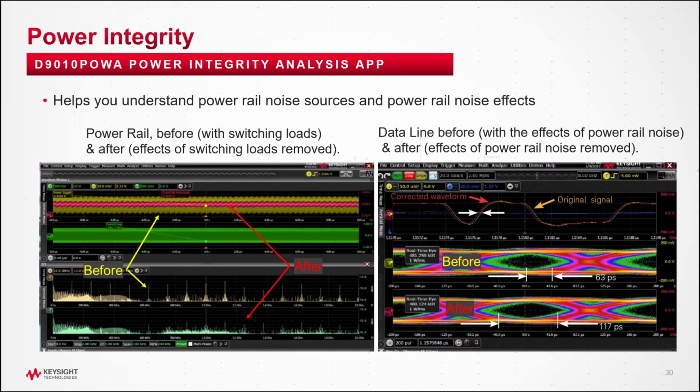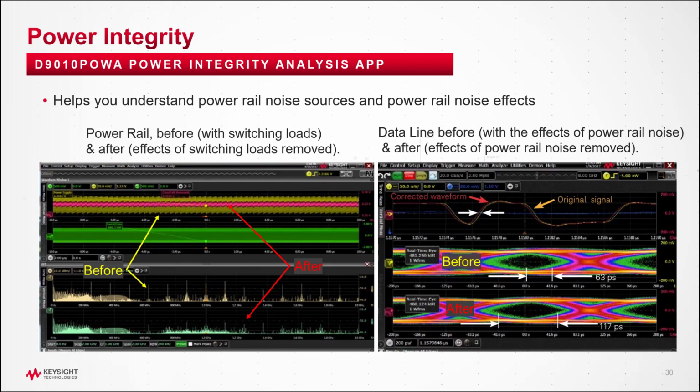So in the screenshot on the left, what we've done is look at the power rail in kind of a before and after. I'm looking at the power rail and I see some noise on it. I put an FFT on that signal. I saw a spike at a frequency I recognize as being the clock frequency of my digital circuit. And so I say, I bet some of that noise on the rail is from the digital switching loads on that digital circuit. But how much of that noise? How do I know? Well, by probing those two points, I run it through the analysis app and it says,